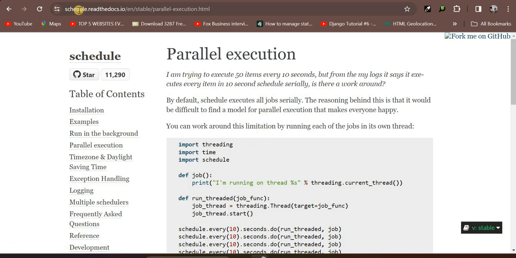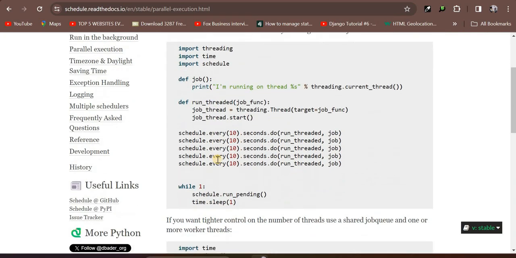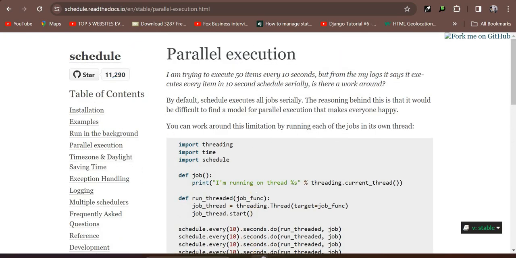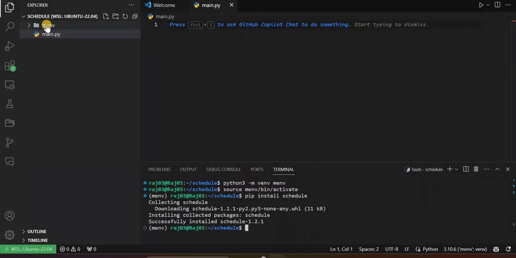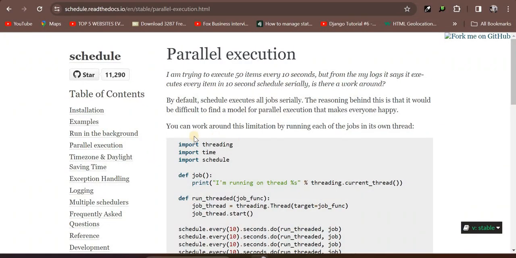So, as you can see, you can open the link from this video. You can copy this link and read the documentation. And what I'll be showing you is to make a simple function to show how to use this library. So as you can see, I've made a virtual environment and I've already pip installed schedule. So now I'll be going back to the documentation and I'll be clicking on example